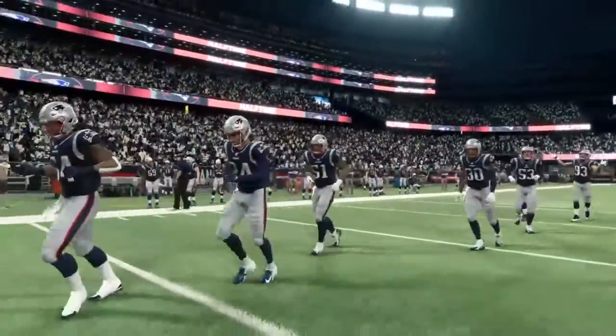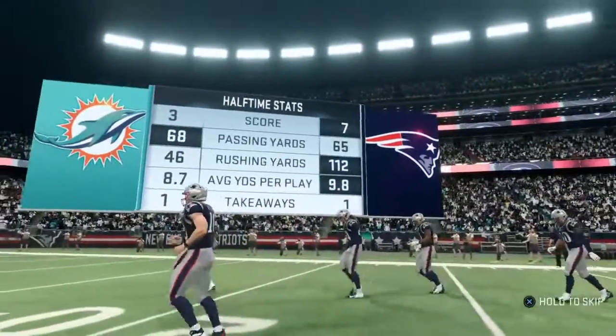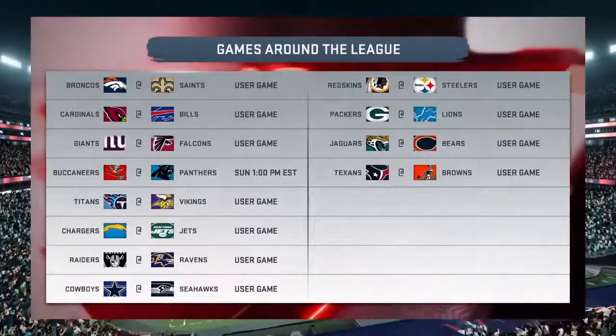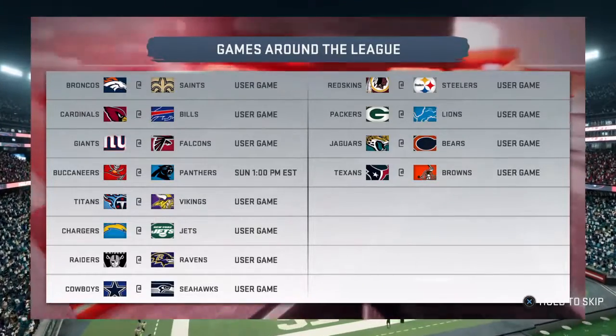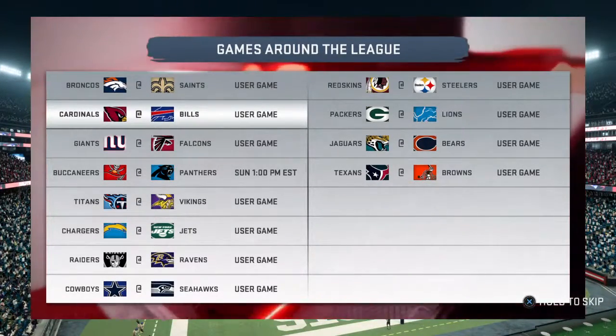As we'll send you down the coast now to Orlando, that's where we find Jonathan Coachman, ready with our EA Sports Halftime Report. Coach. All right, guys, thanks very much. We'll get back with you shortly. But first, let's take a look at what's coming up this weekend around the NFL. The best of the early games on Sunday may just be in Buffalo, where the Bills...